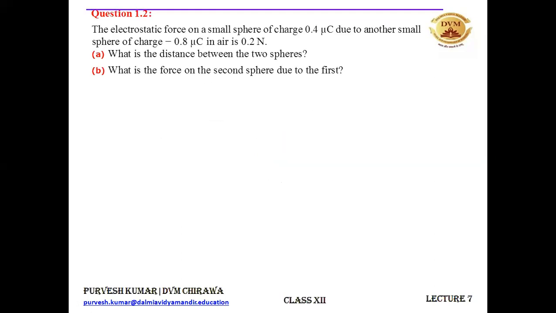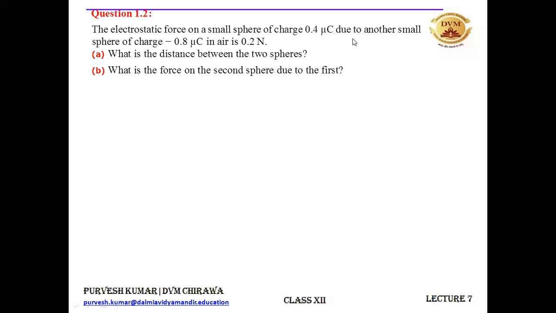In question number 2, they say the electrostatic force on a small sphere of charge 0.4 microcoulomb due to another small sphere of charge -0.8 microcoulomb in air is 0.2 Newton. What is the distance between the two spheres? So in this case, we need to find r. We are given,